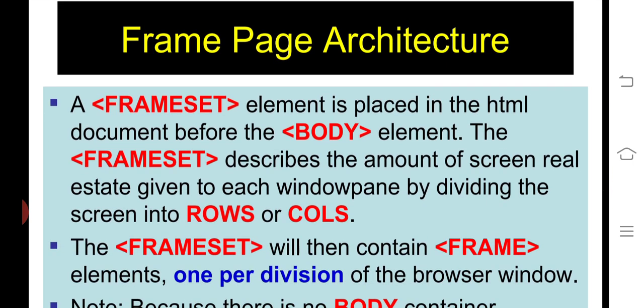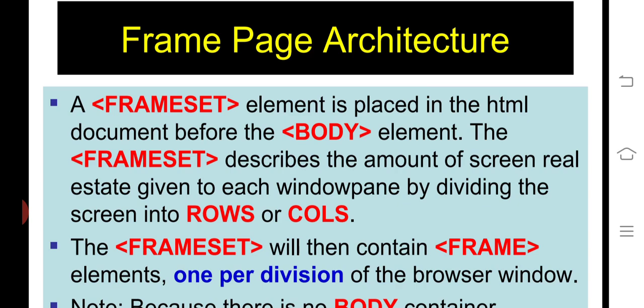Frame page architecture: majorly the frame-based elements are used. Frameset is one element. It is placed in the HTML document before the body. The body element is separate, where we place all the content in HTML code.